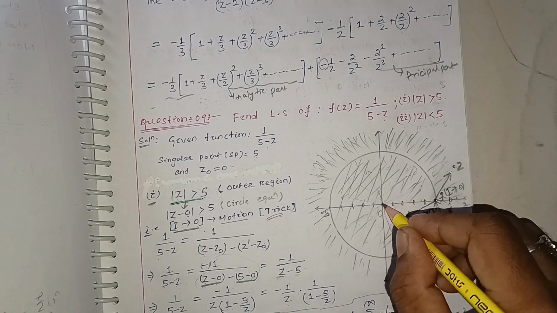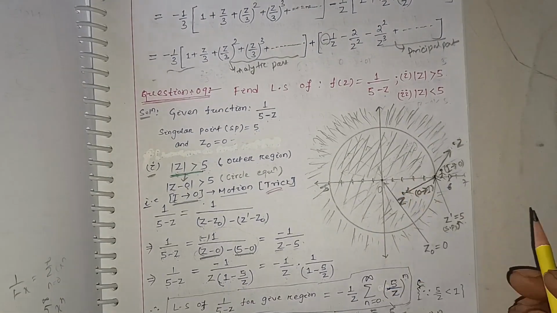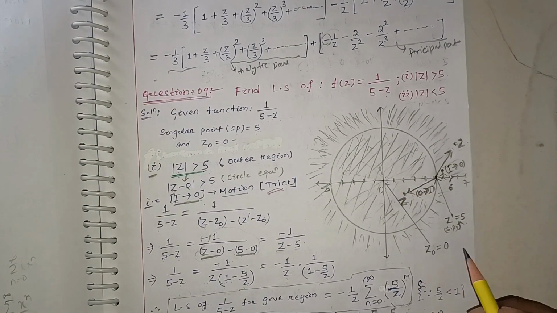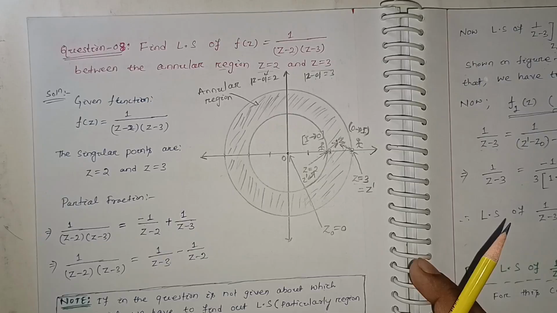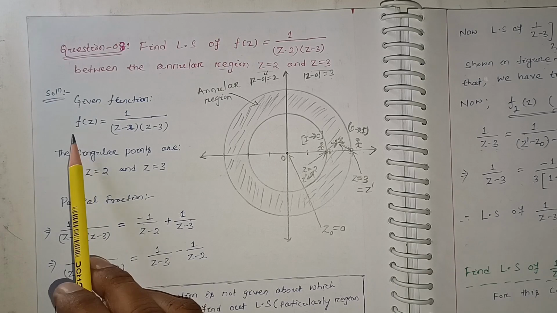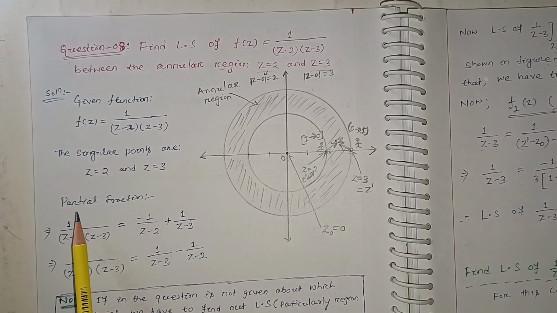For this case also, the center of the circle will be considered as your z0. That we are going to discuss in our next question. Now, to find the Laurent series of this function, first we are going to consider the partial fraction of